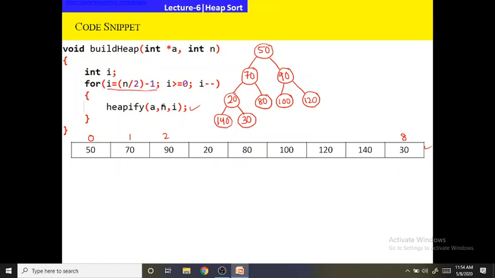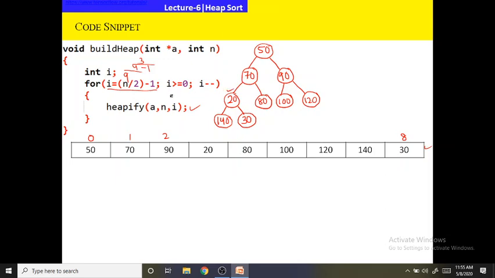As we are representing it in a zero-indexed array, meaning the index of the array starts from 0, here I will start from n/2 minus 1. If it were a one-indexed array, meaning the array starts from index 1, we would start from n/2. As it is a zero-indexed array, we start from i equal to n/2 minus 1. Here n is 9, so 9/2 is 4.5. Integer division gives an integer, so we get 4. 4 minus 1, so we will start from 3. So 0, 1, 2, 3.